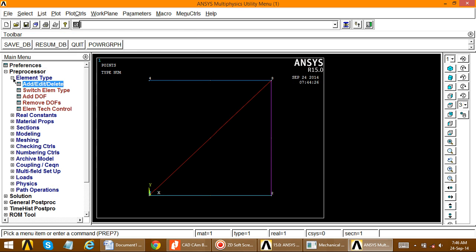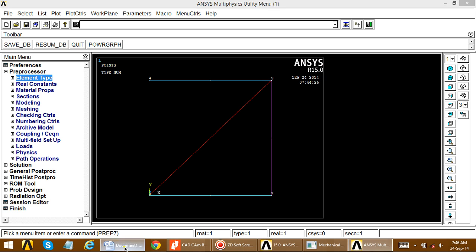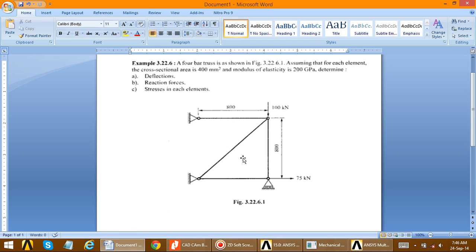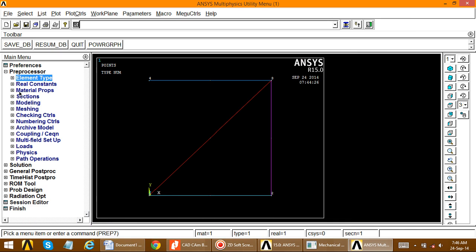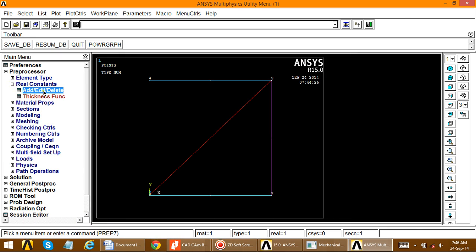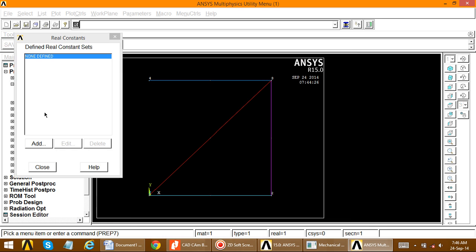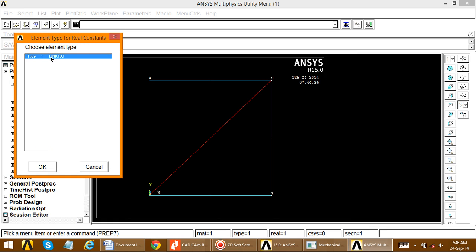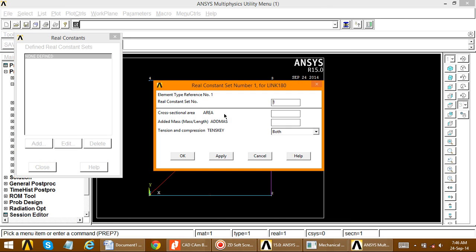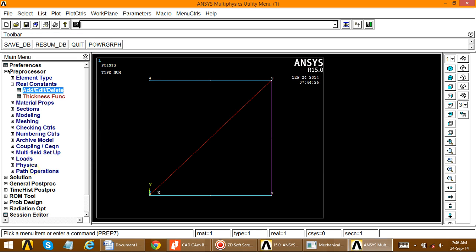Close this. Then next we have to define the area for every truss member. For that go to real constants, add/edit. Here none is defined. So add, select this element, OK, and here the area is 400, which should be in mm square. Click OK. Close this dialog box.